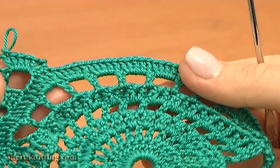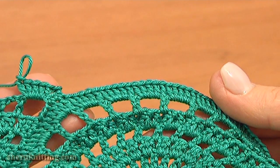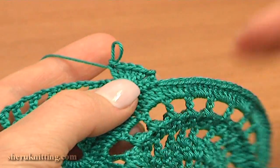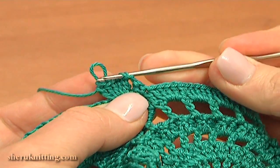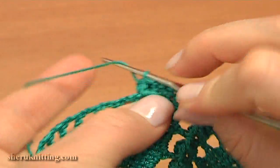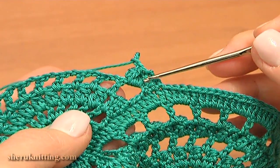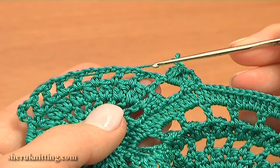Now we need to remember that we are working on the wrong side of our lace, and to complete the popcorn stitch we need to fold it the way to have the bump of this popcorn on the right side. For this, insert the hook from the back to the front through the first double, take the working loop and pull it through the stitch. The popcorn is made, then continue chain 2 and into the next chain space work a 5 double crochet popcorn. Continue all the way across the row, work a popcorn stitch into each chain space and chain 2 in between